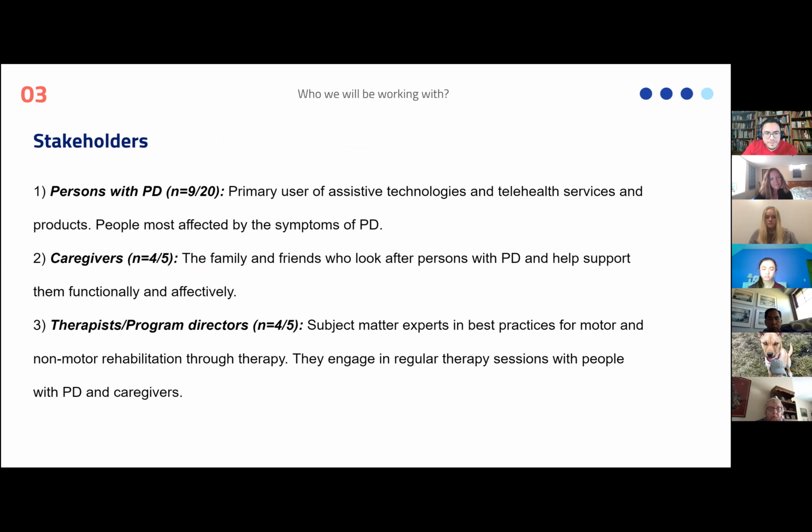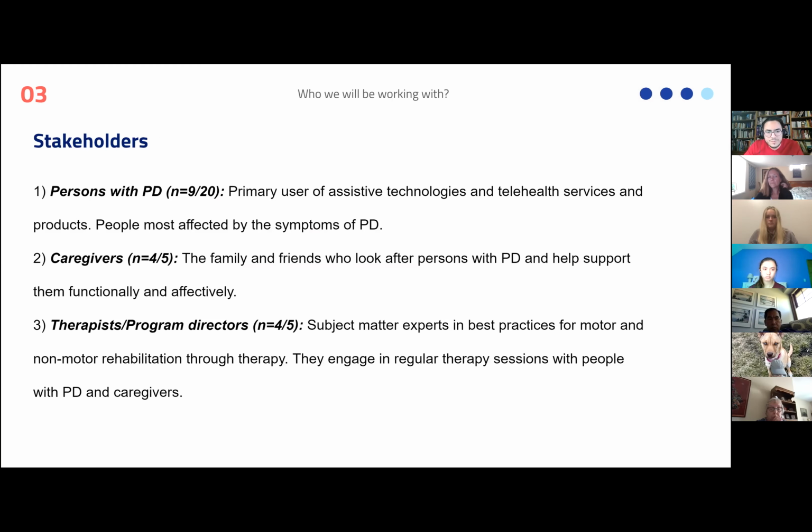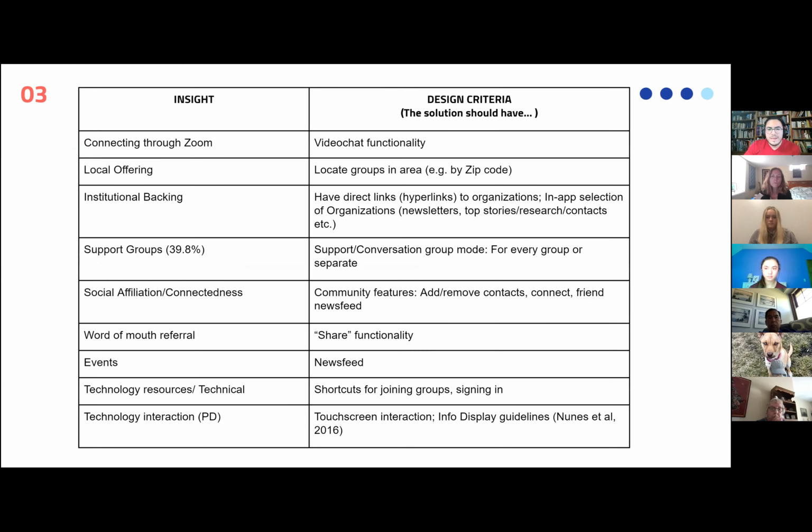And so lastly, what we're doing is we're finishing interviewing people who have Parkinson's, caregivers and therapists as well, to get all of their perspectives and organize them into basically how they understand community support, how they access it, and what the best, more successful strategies to do this are. And basically all of the insights that we have gathered from surveys and interviews are meant to inform